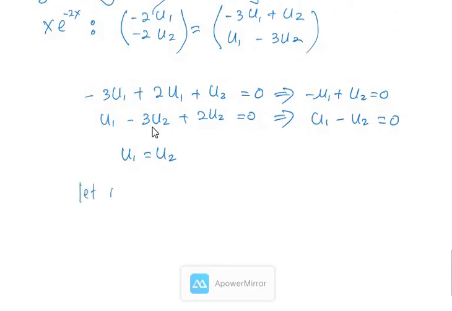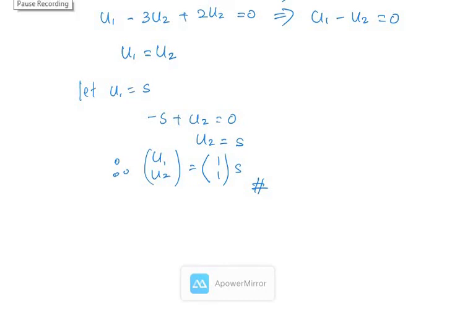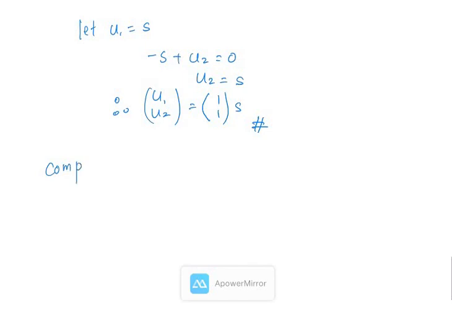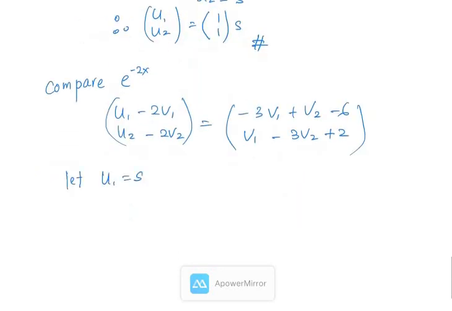Then I assume that u1 is equal to s. So minus s plus u2 equal to 0, so u2 equal to s. Therefore u1, u2 equal to s times (1, 1). Now you compare for the e to the negative 2x. So u1 minus 2v1, u2 minus 2v2 equal to negative 3v1 plus v2 minus 6, v1 minus 3v2 plus 2. Again, you assume that u1 equal to s and u2 equal to s. So s minus 2v1, s minus 2v2